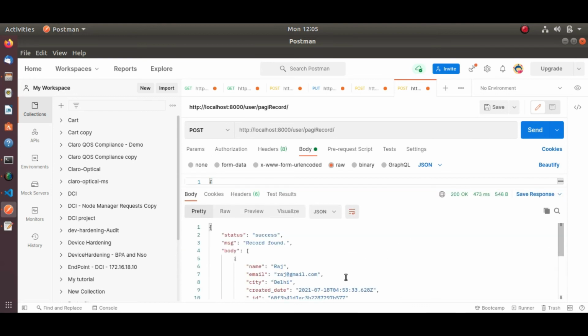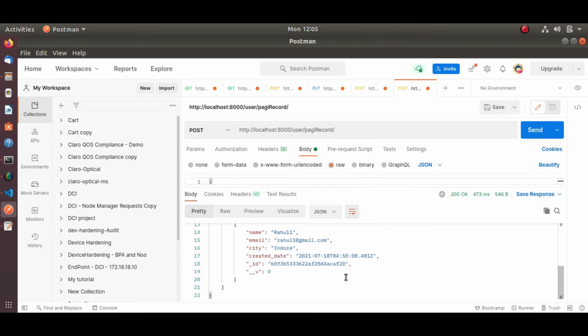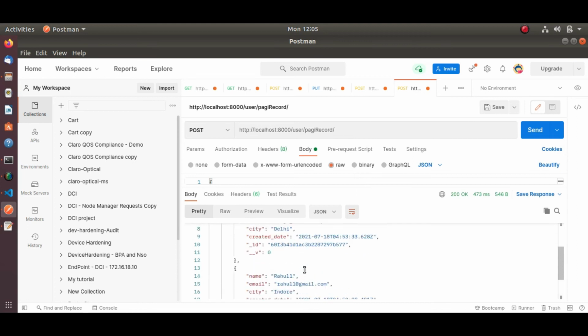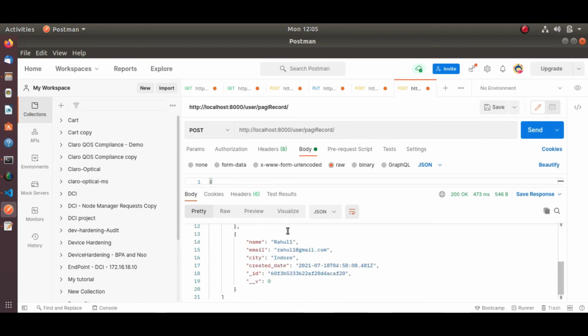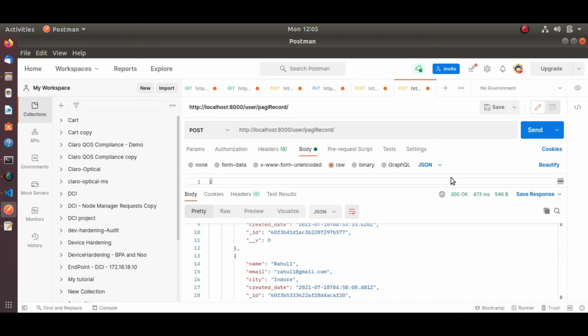Let me show you the result. First and second. See, for the first page I get Raj's record and Rahul's record. So let's test for the second page.